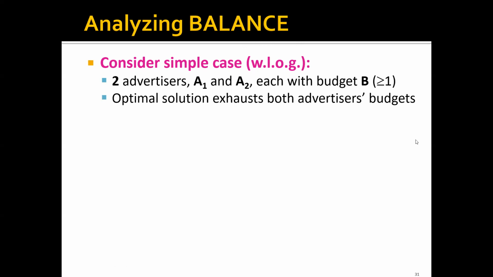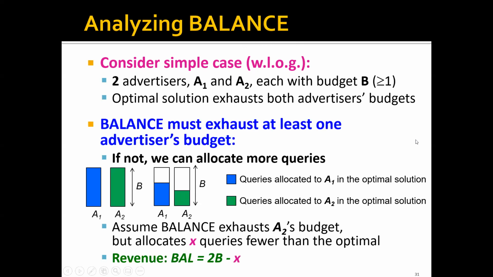And now, one key observation of the balance algorithm in this simple case is that the balance algorithm must exhaust at least one advertiser's budget. Why is that? This is because if not, then we can always allocate more queries to one of the advertisers. And intuitively, let's say